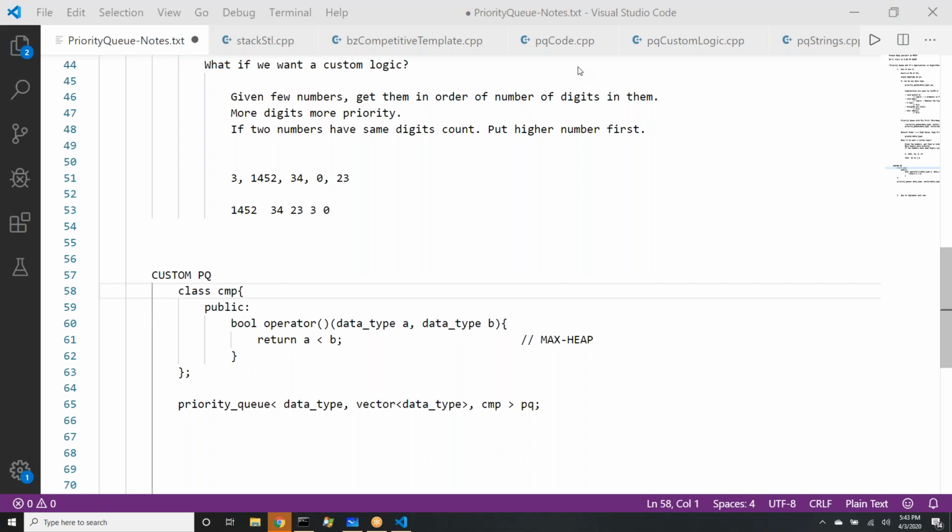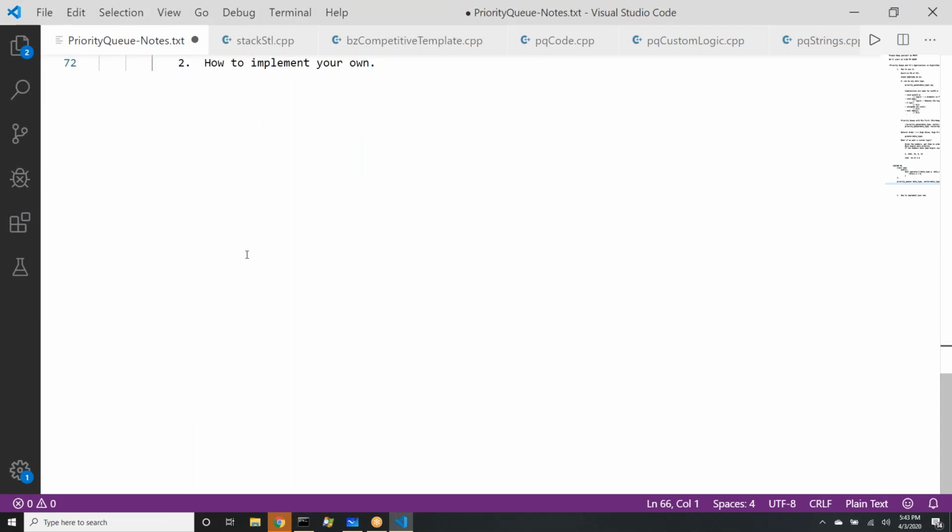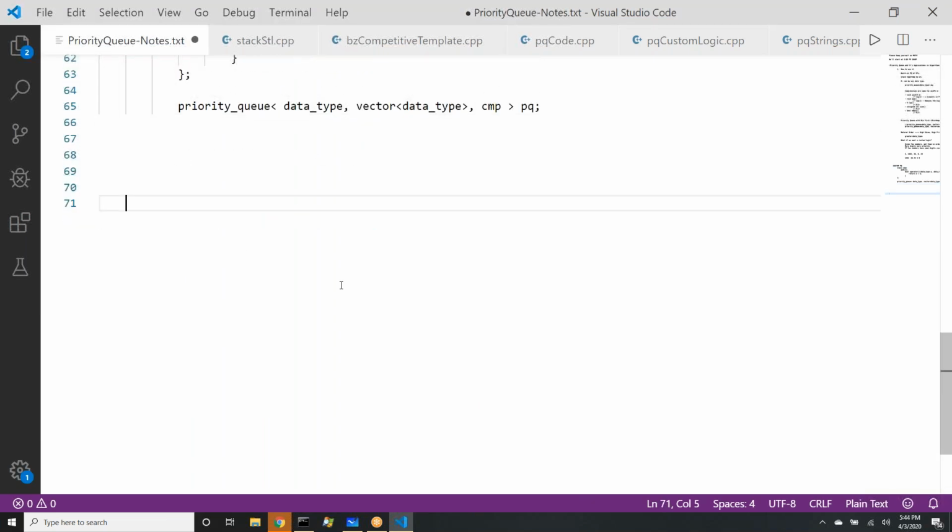Okay. So syntax is something that will take some time for you to grasp, but let's see the applications, what kind of problems it helps us solve, and how easy this will make the problem for us. Right. So let's see the first question. Kind of problems where you can apply priority queue.